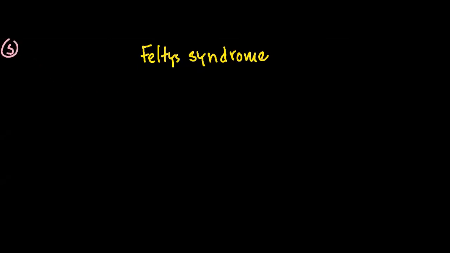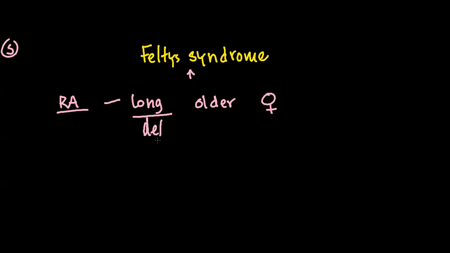Let's talk about Felty syndrome. So, where does it happen? Felty syndrome is a complication of patients with rheumatoid arthritis. So, the patients who have rheumatoid arthritis for a long time, obviously those patients are older, and usually those patients are female. So, female older patients who had long-term rheumatoid arthritis, and this has resulted in deformity,